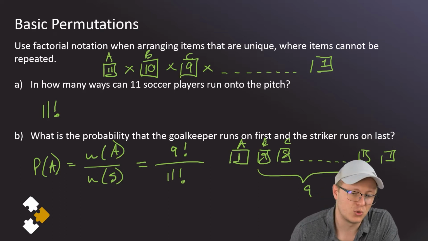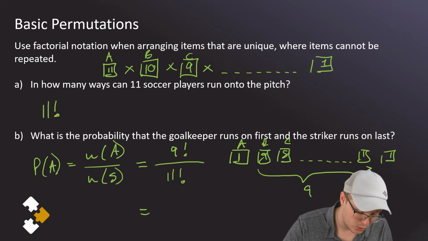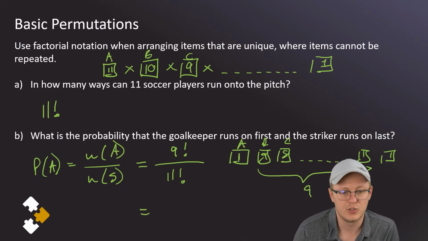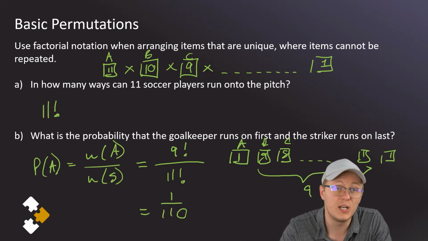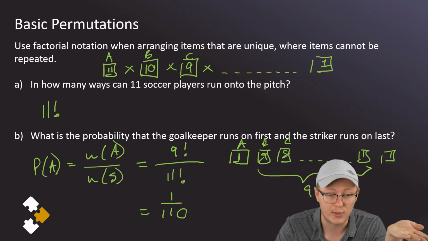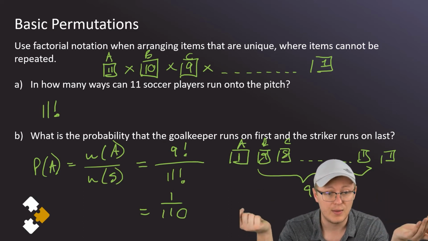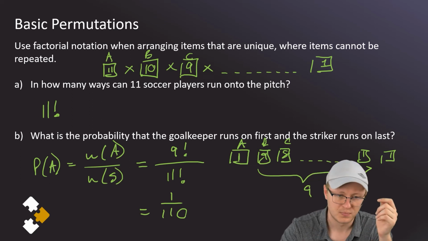So we get 9 factorial over 11 factorial, right? And 9 factorial divided by 11 factorial should be 1 over 110. So 1 over 110 is the probability that the goalkeeper is going to run on first and the striker is going to run on last, if we have these 11 people who run on. Okay,